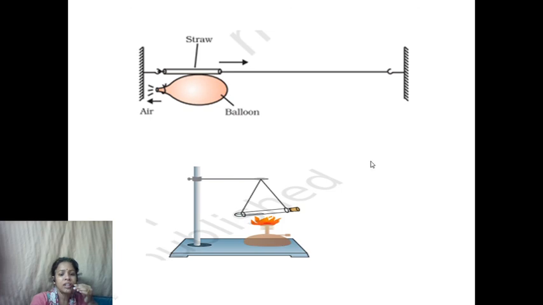Here is another activity given in NCERT, where you take a test tube with some water in it, close the test tube mouth with a cork, and then hang it, and there's a Bunsen burner and you start heating this liquid. The water will start to boil and become steam. Now the steam's volume will increase, it will occupy the entire space and will try to push this cork out. There will be one time when the cork will be pushed out. There will be a force acting in this direction, and so a reaction will act on the test tube and it will move backward.